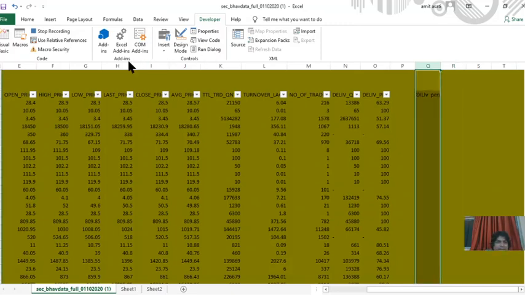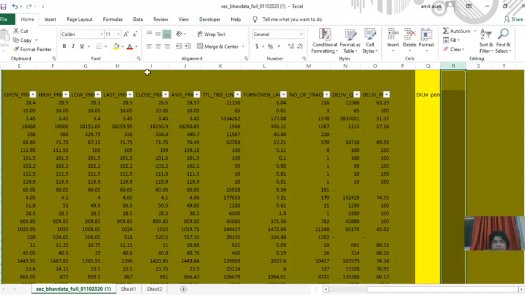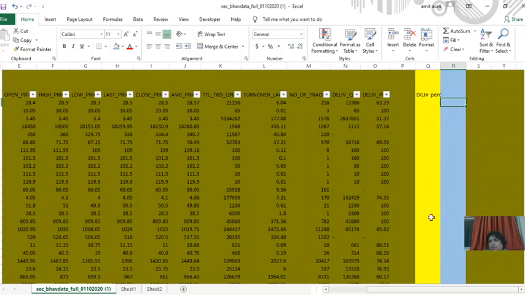We give different colors: for the delivery percentage we keep the color yellow, and here the volume in crores we keep green, and we keep this color as blue. Now we will see the crores like this.